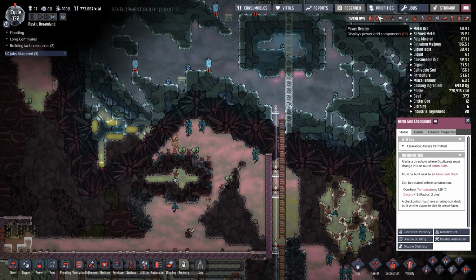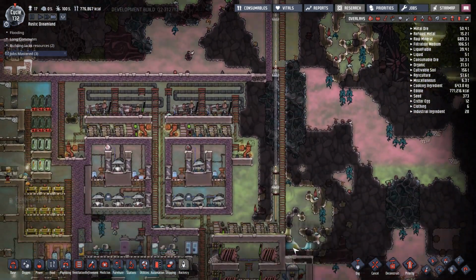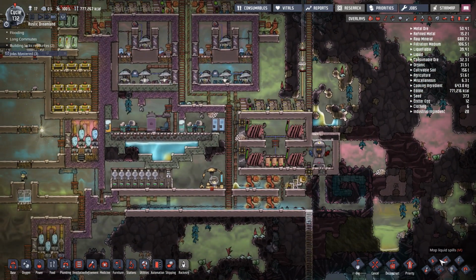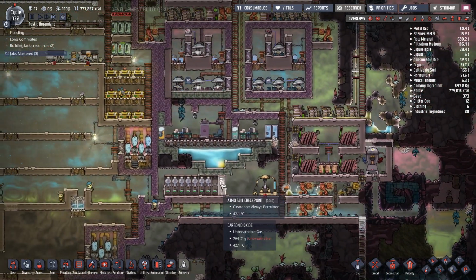Oh, it's melting because we've got this hot gas coming up here and it's melting some stuff. So not a huge deal, just annoying. Yeah, I'm not going to deal with that right now. It's not flooding anything. So anyway,